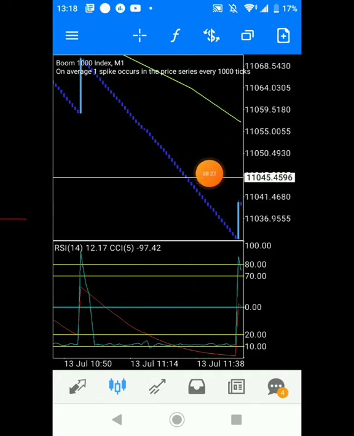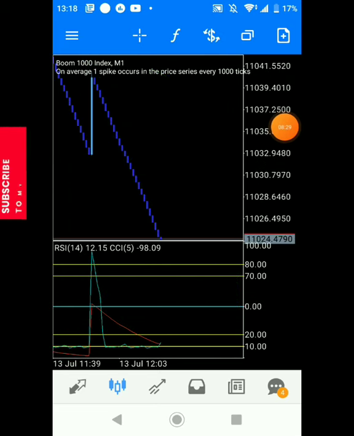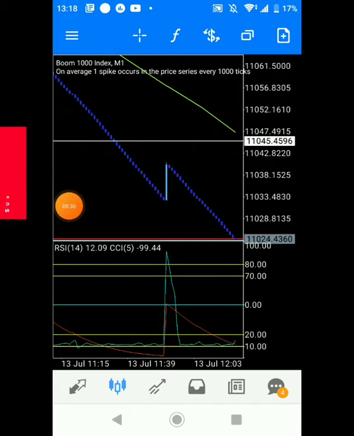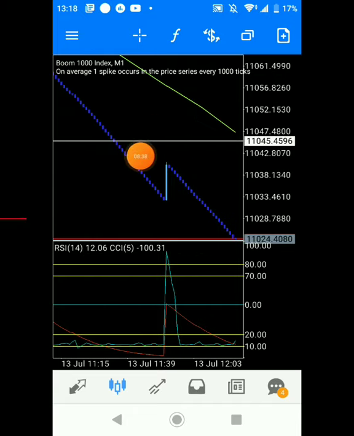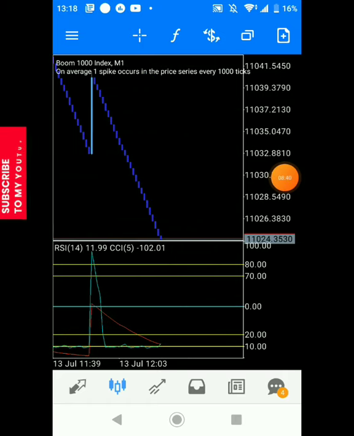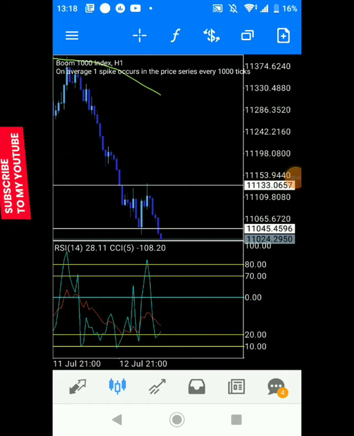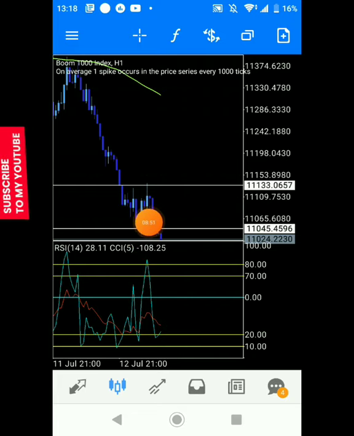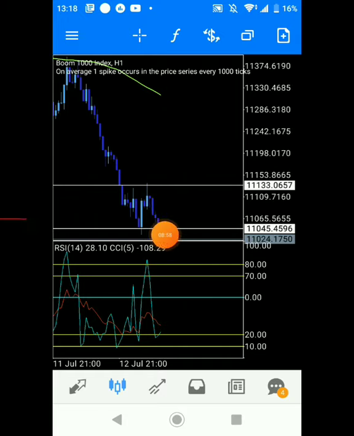Now here is a support zone. All right, price has now gotten to a support zone, but even as it has gotten to a support zone, it has broken out of that support zone and continued selling deep down. Now let's go to the 1 hour time frame and see. This is what we see in the 1 hour time frame. We could see that price got to this level before and got support to go straight back up, got resisted, and then went deep down. It has broken through that level.